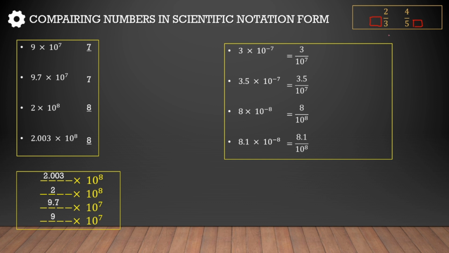Which one is going to be bigger? We don't know, because 2 big pieces and 4 small pieces, it can be that this is bigger than this, or because the count is more, maybe this is bigger than this, or maybe they are equal. So what do we do? We make the piece size the same. How do we make the piece size the same? This is 3 and we can multiply it by 5 and here also by 5. Here we'll multiply by 3 and here also by 3. So this will become 10/15 and this will become 12/15.